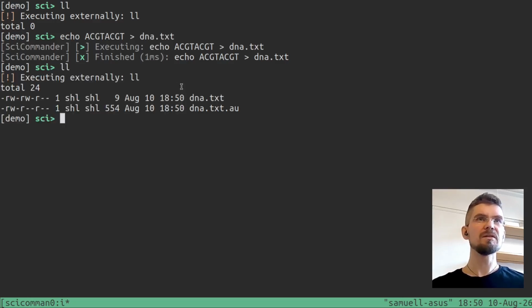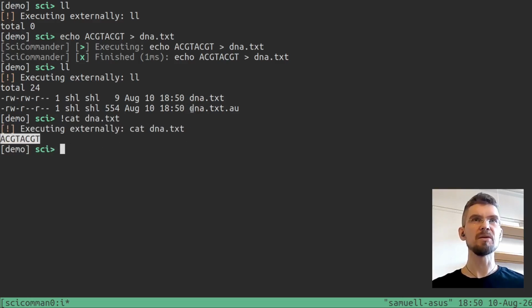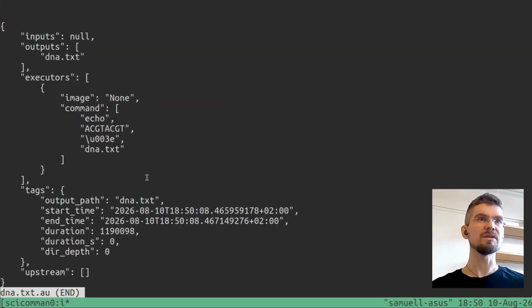And if we list the output here, we see that we have got the file that we created containing the stuff we expect, but we also got another file, named similarly to the output file but with the .au extension. And if we check the output of that one, with less for example, then we see that it's a JSON file with some information about the command itself, the output, and some metadata about the duration, time,